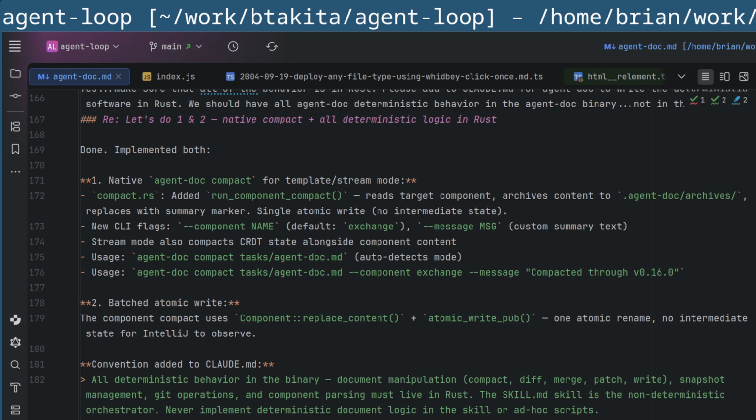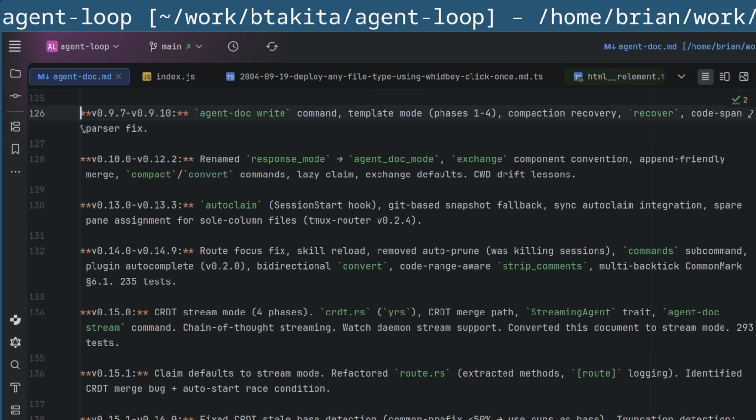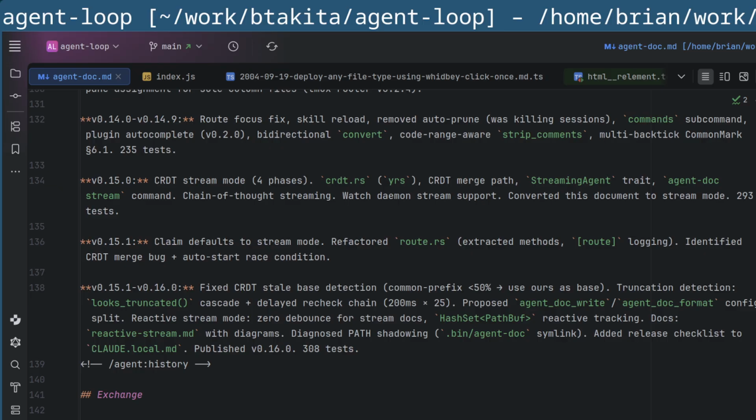Yeah, I want to be a good guy. I don't want to be an a-hole. For the most part, releases just work, but I should test it out. At least dog food this. Uh-oh, it compacted. Not sure why it compacted, but